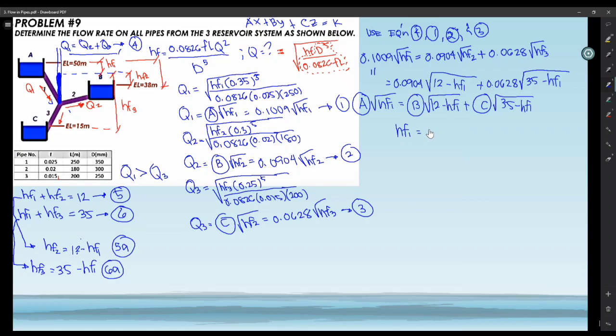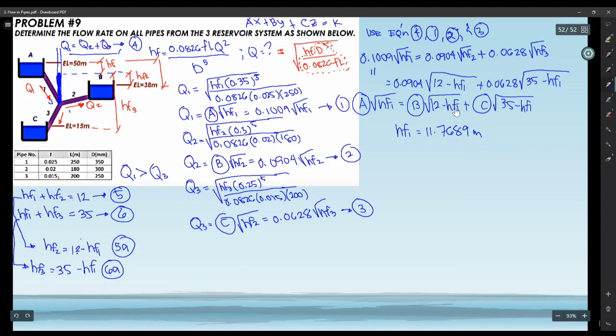Teka lang, bakit nag-iba yung 0.1009? So nakuha kong head loss is 11.7689